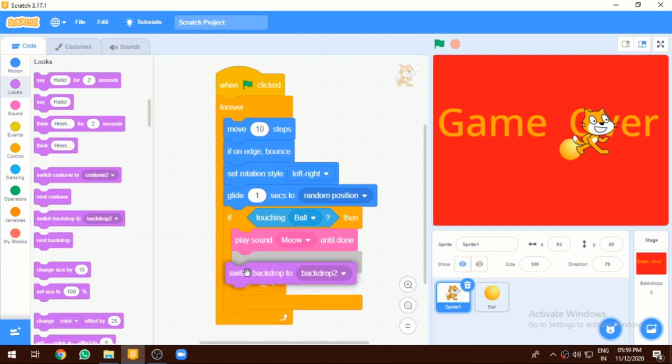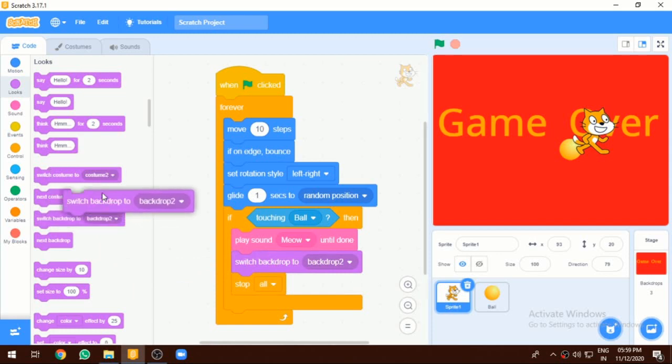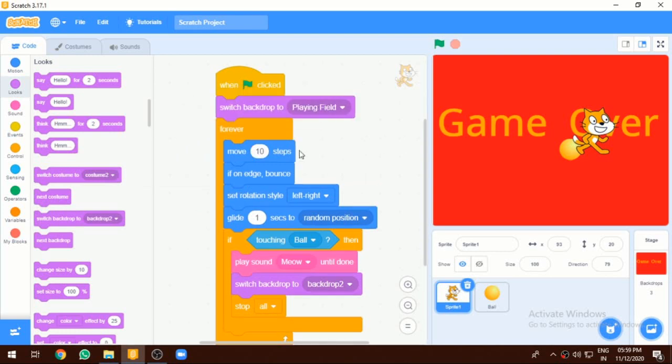So we have to add switch backdrop to backdrop 2. And here one more block I have to add, that is switch backdrop 1. When our game stops, at that time we have to change the backdrop. So for this purpose, I have added switch backdrop to backdrop 2.